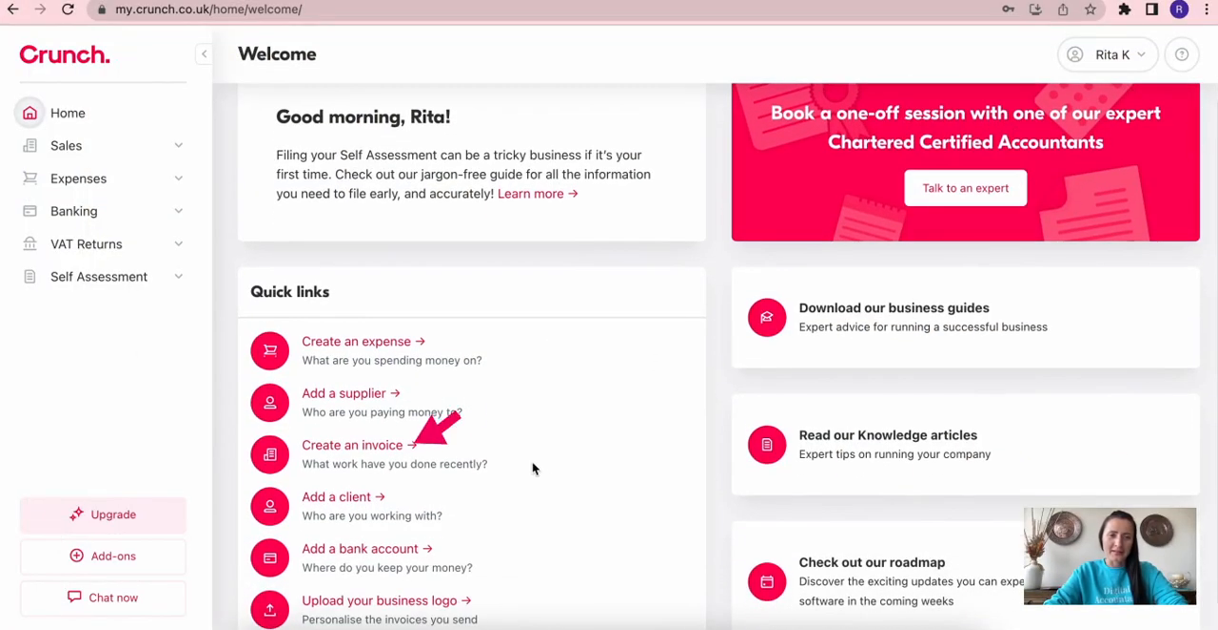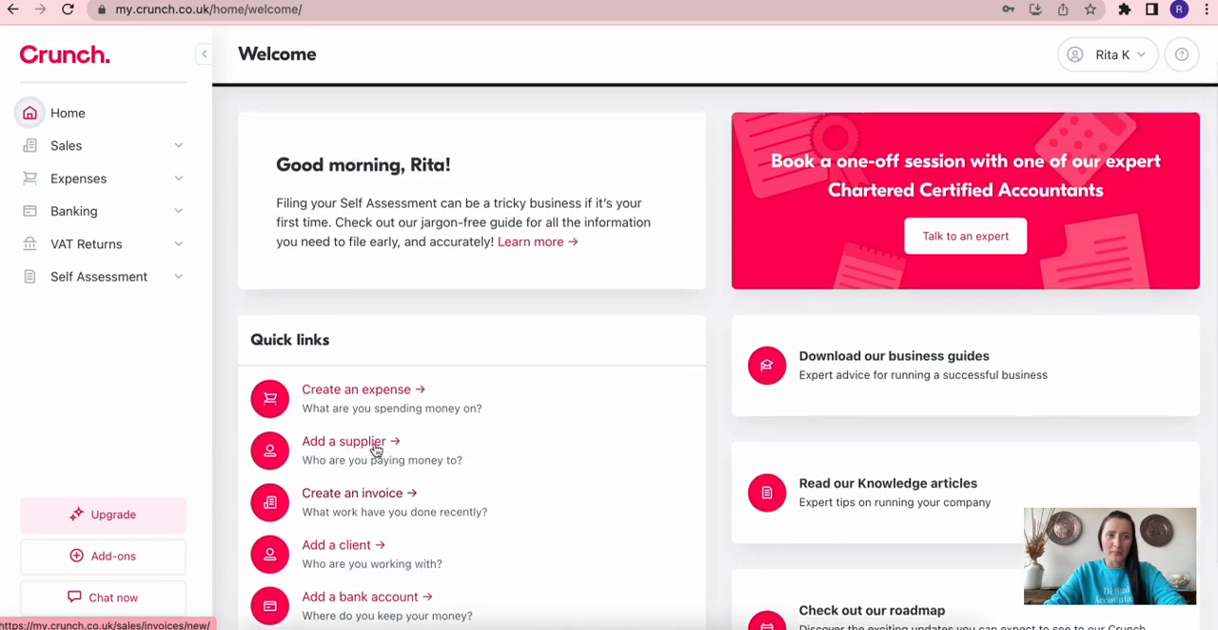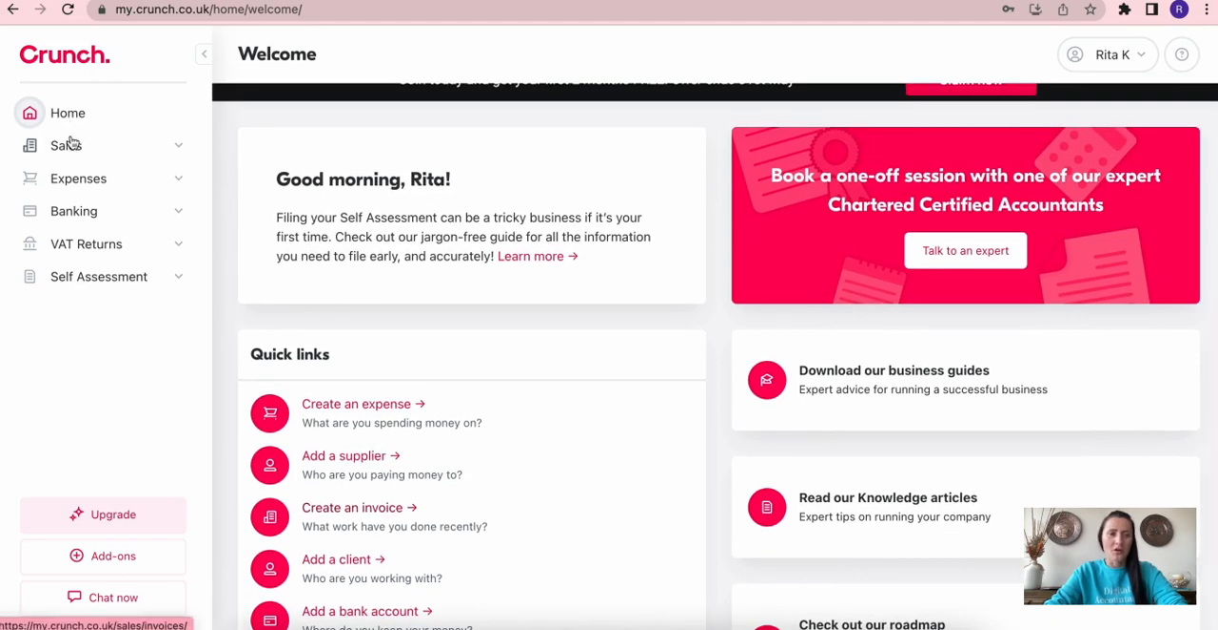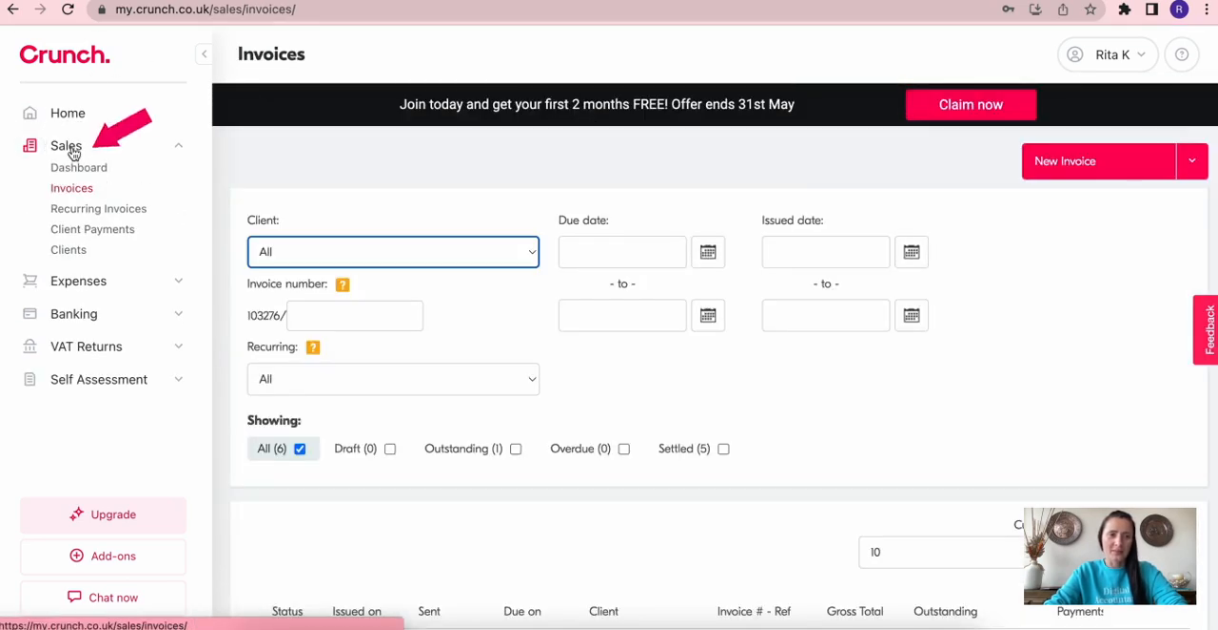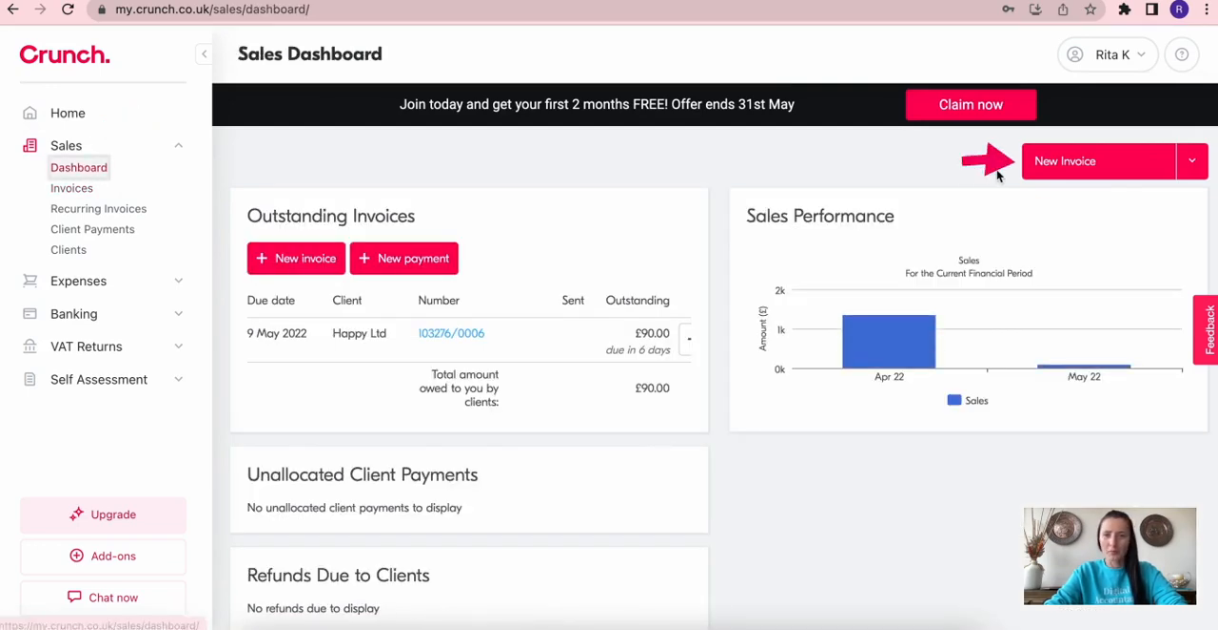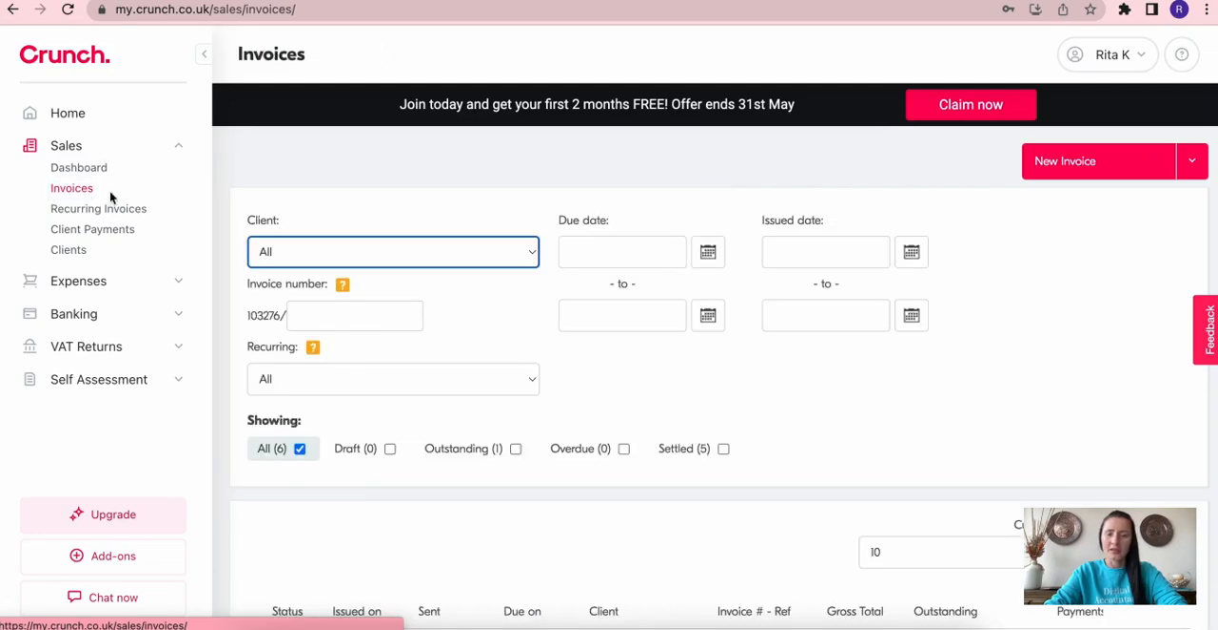In this episode I will show you how you can issue a sales invoice from your Crunch account. You can issue an invoice by clicking create an invoice from your main home screen, or you can go to the section called sales. You can issue an invoice from the dashboard by clicking on new invoice, or you can go to the invoices section and click